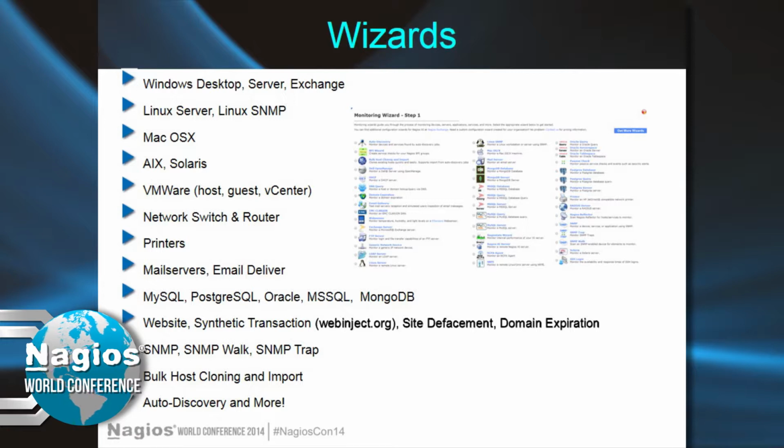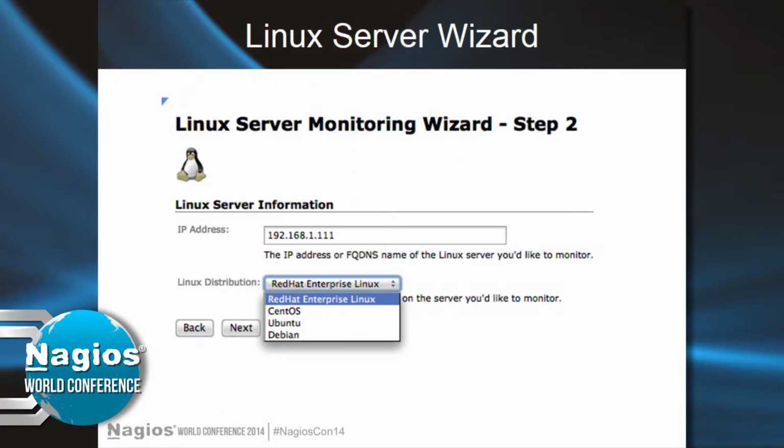And there's Windows Desktop, Server and Exchange, Linux, Mac, AIX, VMware, whether it's hosts or guests or vCenter itself, switches and routers, printers, mail servers, email delivery, all the major databases, tons of different things you can monitor on websites themselves. There's an SNMP, SNMP walk, SNMP trap, bulk host cloning and import, auto discovery. It slices, it dices, it monitors. It's pretty cool. So it's a very quick and easy way to set up, and I'll actually show you how